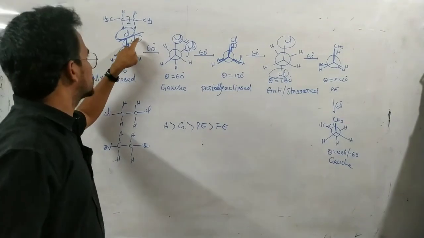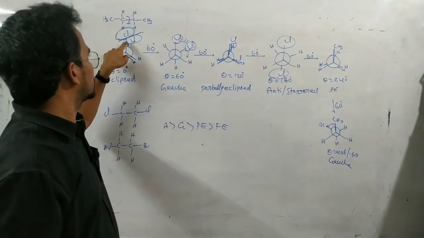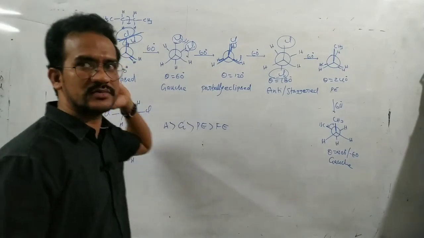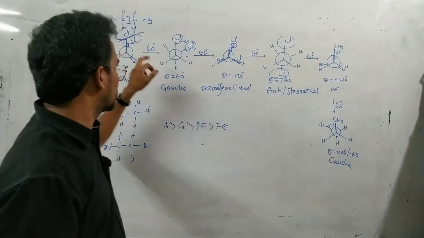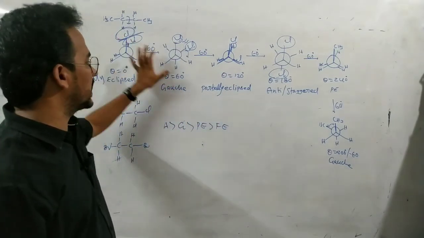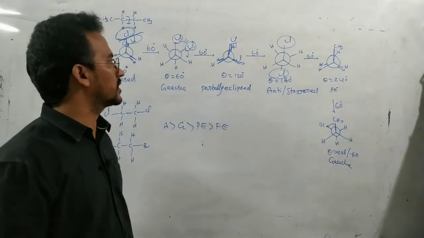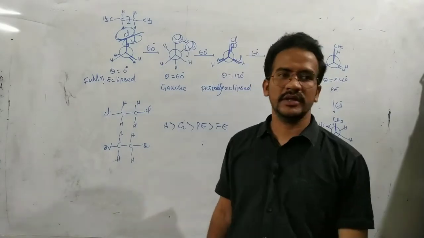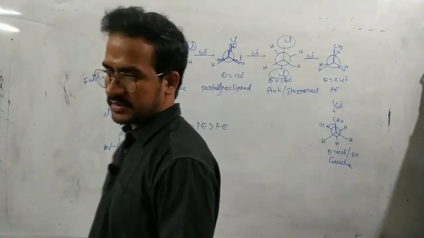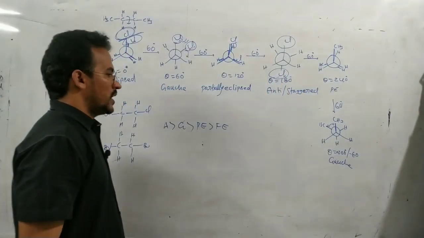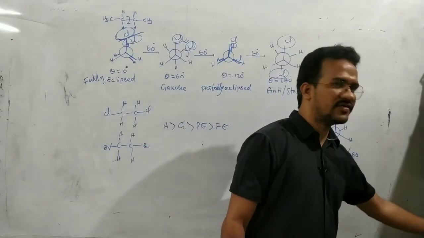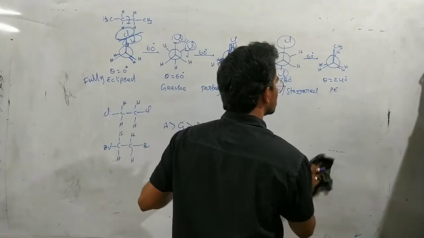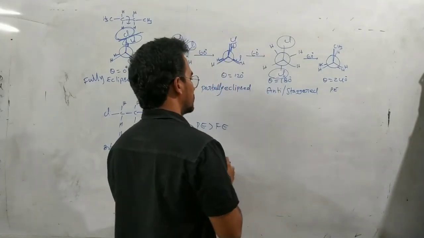Okay, so here the Cl atoms repel each other. That means there is a very close distance between these two chlorines. So here there is more repulsion. That's why your fully eclipsed conformation is less stable, for 1,2-dichloroethane and 1,2-dibromoethane. Okay, that's it. And next, there are different molecules. For those molecules, the gauche conformation is more stable.